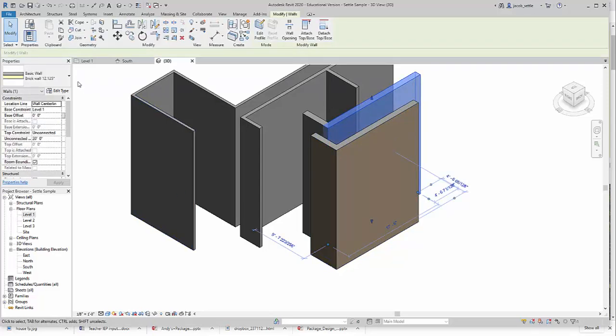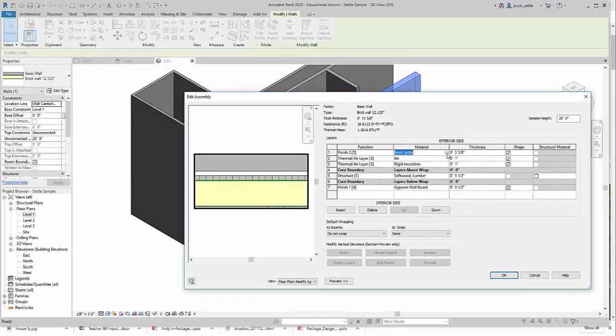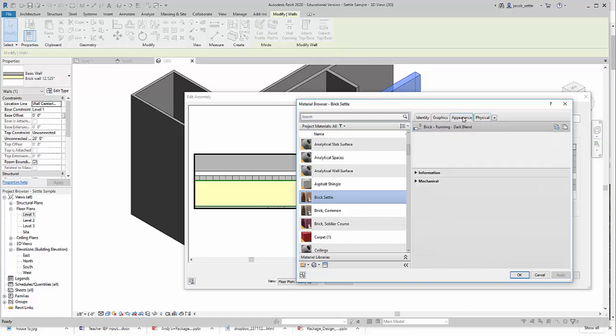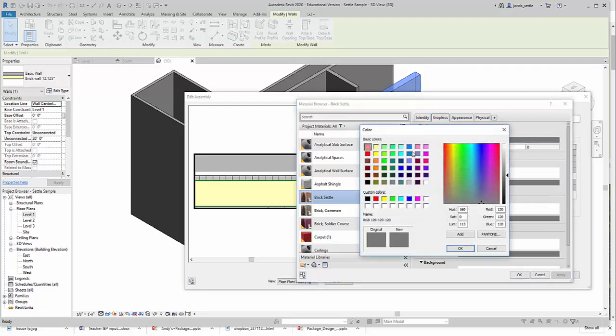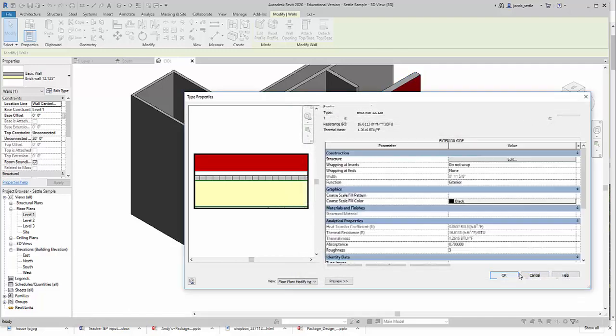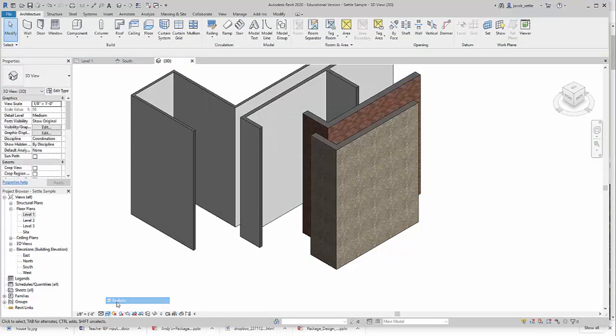If I look at the brick that I have here, I'm going to edit that one. So this is also a modified brick type that I used. So there's brick settle. If I go again, physical appearance, it's going to look like brick when I render. In graphics, it doesn't. So if I want to change that to a brick sort of color, I can do that. And again, this is only for shaded. It's not showing this in the realistic. If I go to realistic, it's going to use the true colors. Okay, so just a little bit about